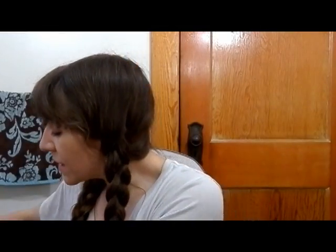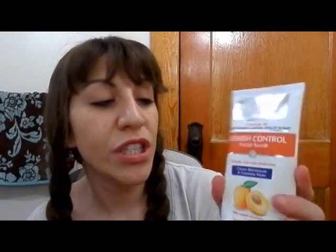Crest whitening, 3D white toothpaste, another rather common one. This one's been in my empties before too. This is the Blemish Control Salicylic Acid, and it's from McQuaid. It's the Walmart version of the St. Ives Apricot Scrub. But I discovered after using the Murad cleanser and the Clarisonic cleanser that came with it, using